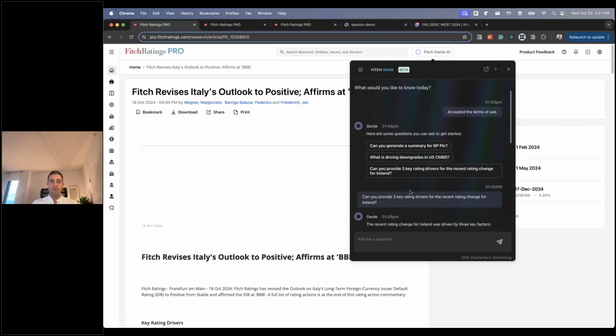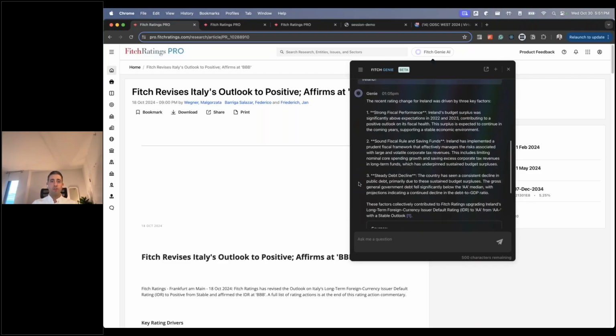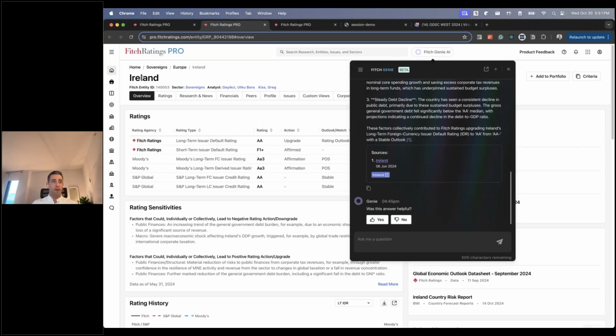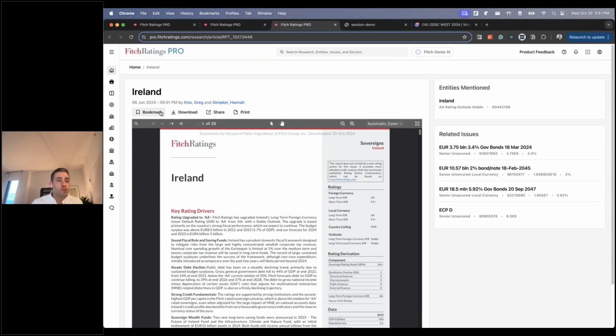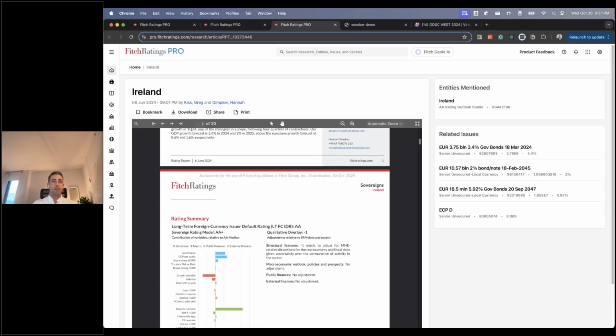The question here was, can you provide 3 key ratings drivers for the recent rating change for Ireland? And if I click on those, I will see that it takes me to Ireland. This is the overall information page about Ireland, and I can see that there are particular metrics about the ratings, and it also cited the specific report that is the latest one from June of this year that has key rating drivers.